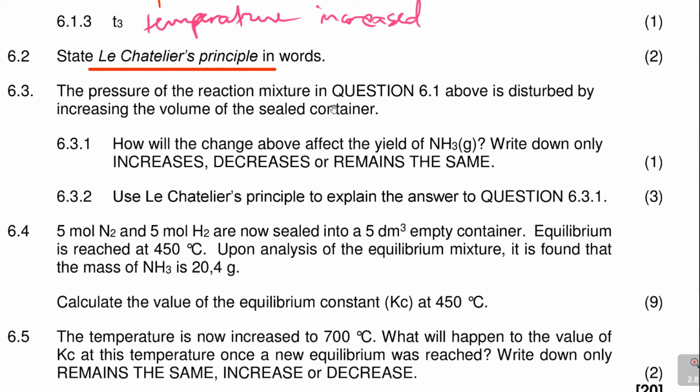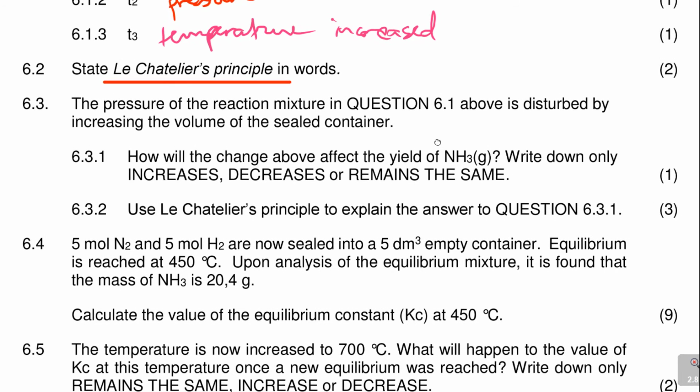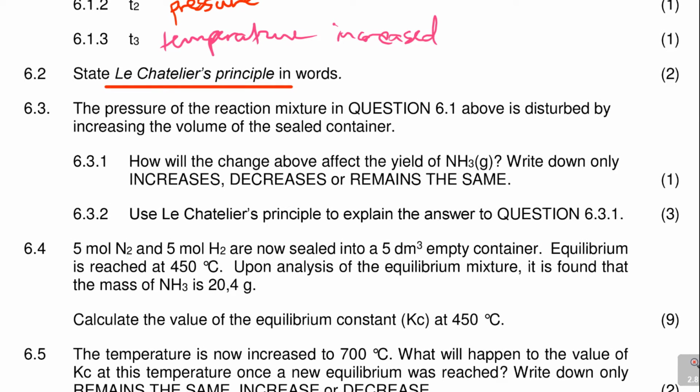The pressure of the reaction mixture in question 6.1 above is disturbed by increasing the volume of a sealed container. Now, pressure and volume, remember, pressure is actually linked to volume. When you decrease the volume, you increase pressure. An increase in volume is a decrease in pressure. You must always remember this part. When volume gets bigger, the pressure gets smaller. Alright,